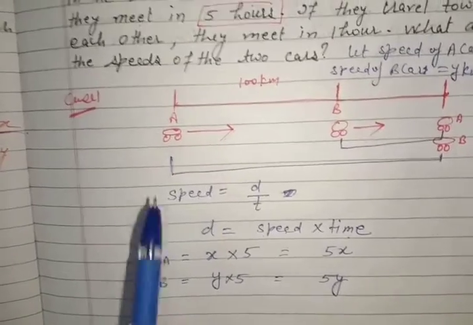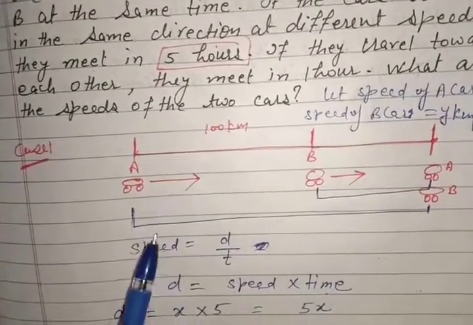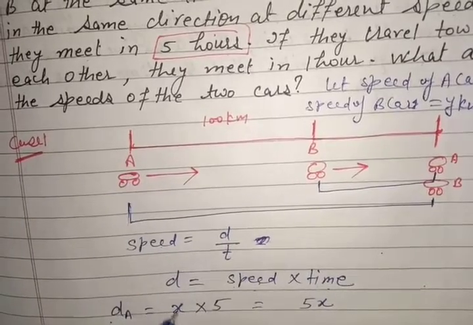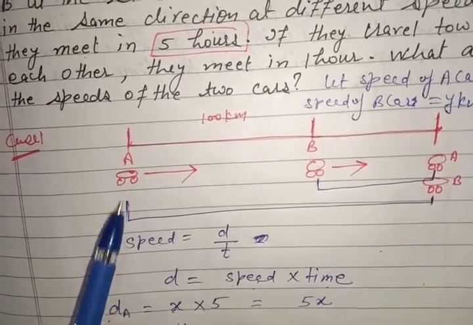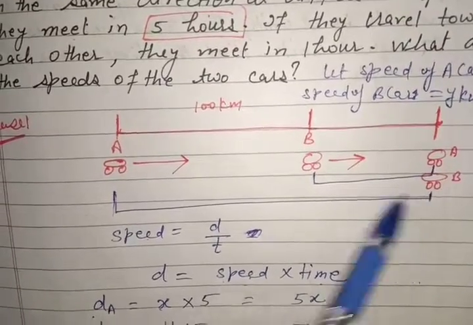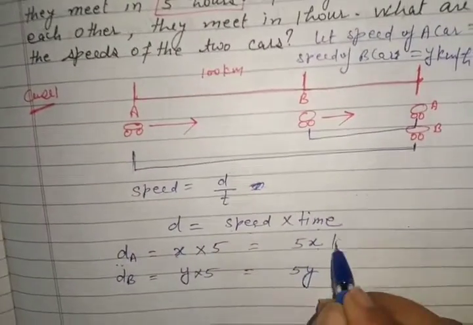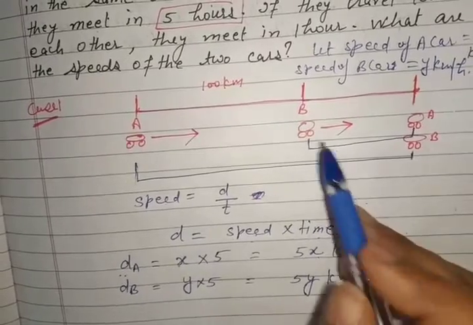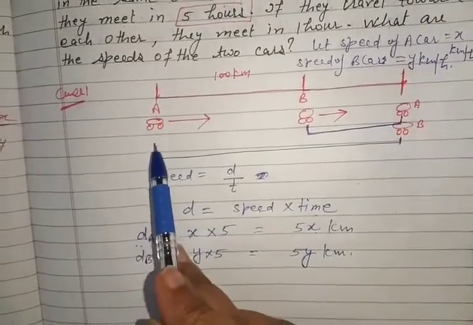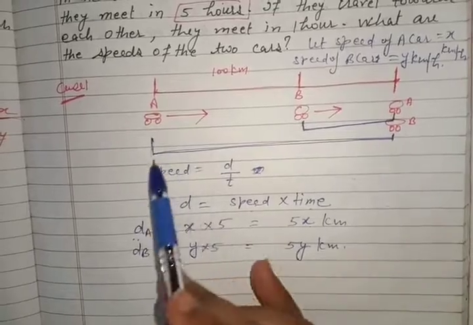You can see again, a car covers this distance from here to here, and this distance is what? Speed into time. Car A has x speed and time 5 hours. This car moves from this place till this place. This takes 5 hours. So total distance covered is 5x. You can write kilometer also. Here also kilometer. Similarly this y speed and 5 hours. So 5y. Which car covers the more distance? From this figure you can easily see A car.